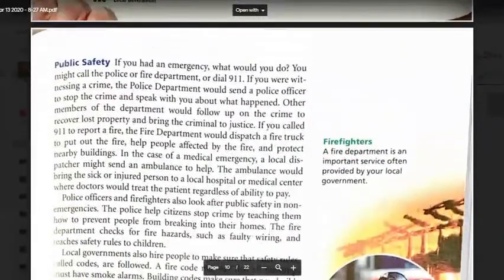Public safety. If you had an emergency, what would you do? You might call the police or fire department or dial 911. If you were witnessing a crime, the police department would send a police officer to stop the crime and speak with you about what happened. Other members of the department would follow up on the crime to recover lost property and bring the criminal to